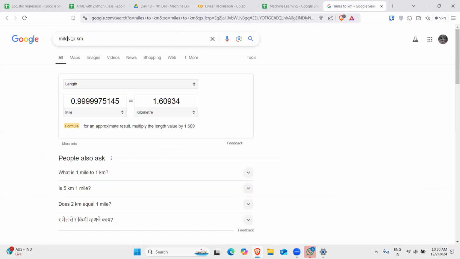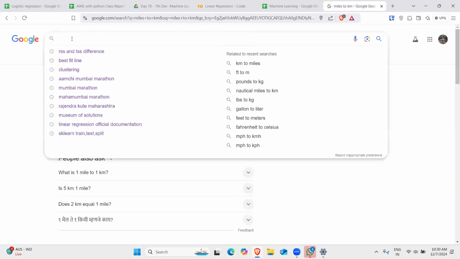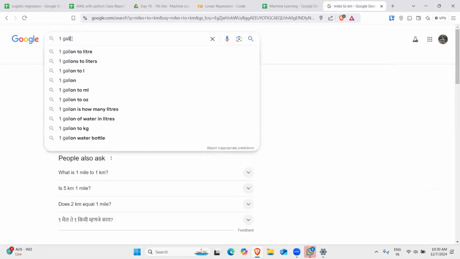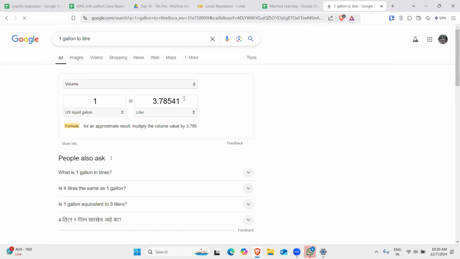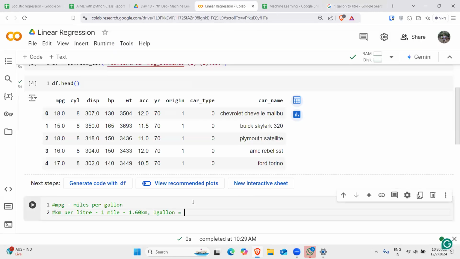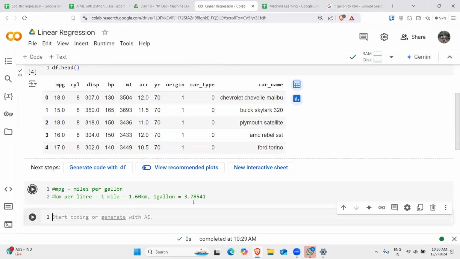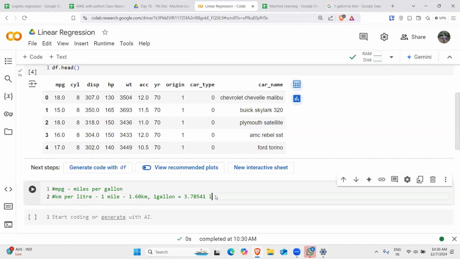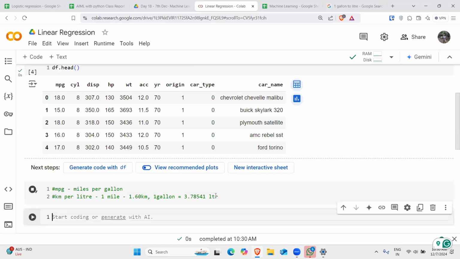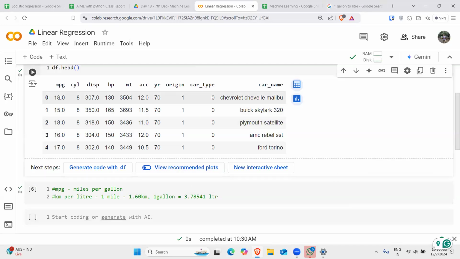Gallon is also a unit for fluid. So 1 gallon to liter, it is 3.78541 liter. Is it clear? So we have this miles per gallon, like for 1 gallon, 18 miles this particular car travels,